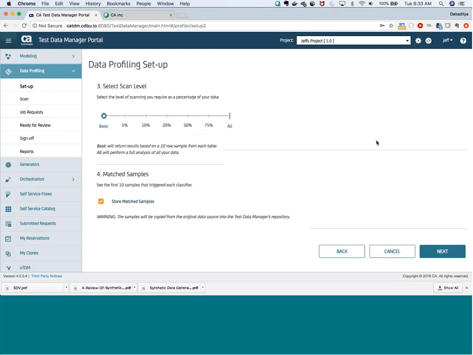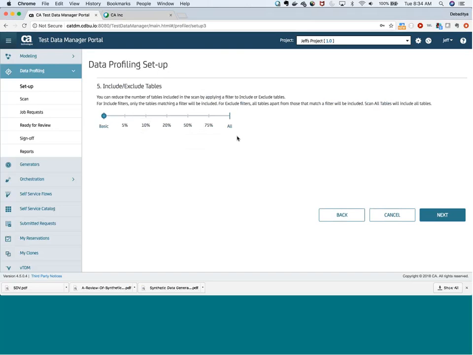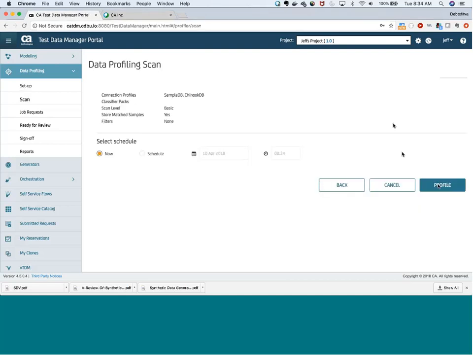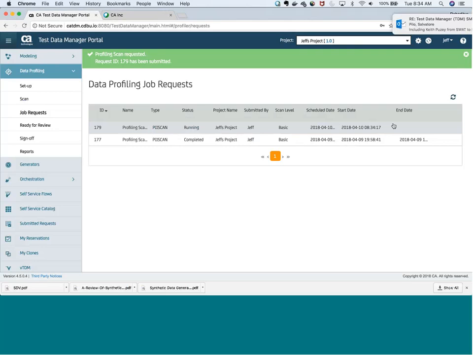The depth of scan that I mentioned in the presentation, where you can take this slider and say, okay, it's 5% or 10% or 20% of the scan. I'll just stick to basic because I want this job to run quickly. And at this point, we'll just sample 10 rows, and we will click next, and we'll say scan all tables. I don't want to include or exclude any tables here. I'll just click next, and it will submit a job for this